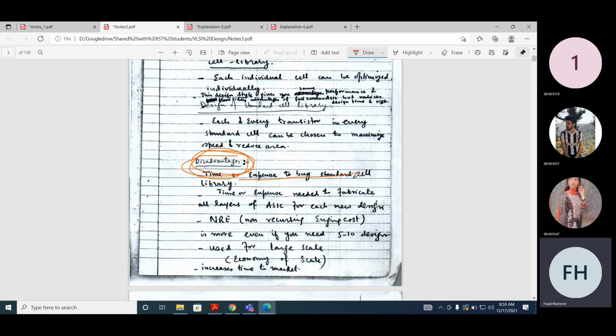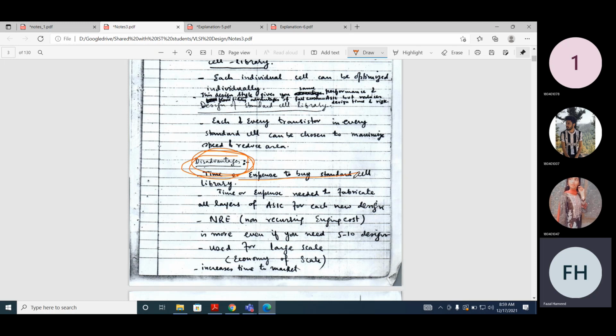If you want one chip, this is 50,000 plus the cost of one chip. Maybe the cost of one chip is 1,000, so it will cost you 51,000. But if you have 2 chips, 50,000 will be divided by 2 chips, so the cost of one chip is now 26,000.